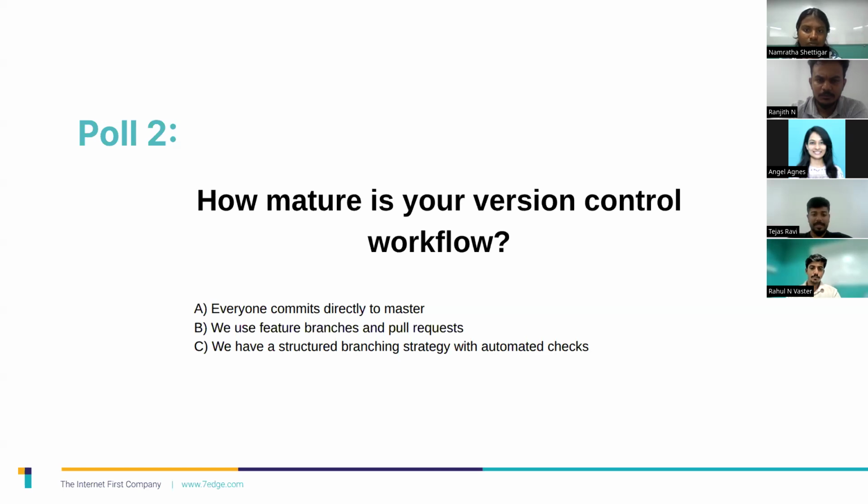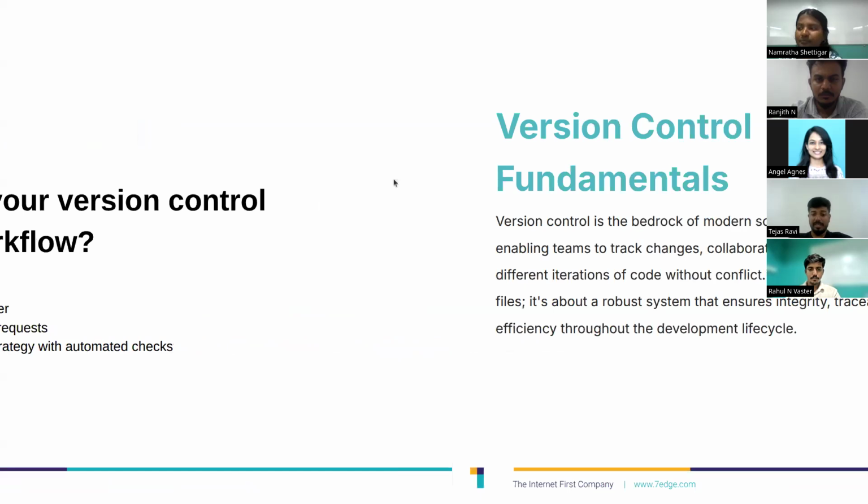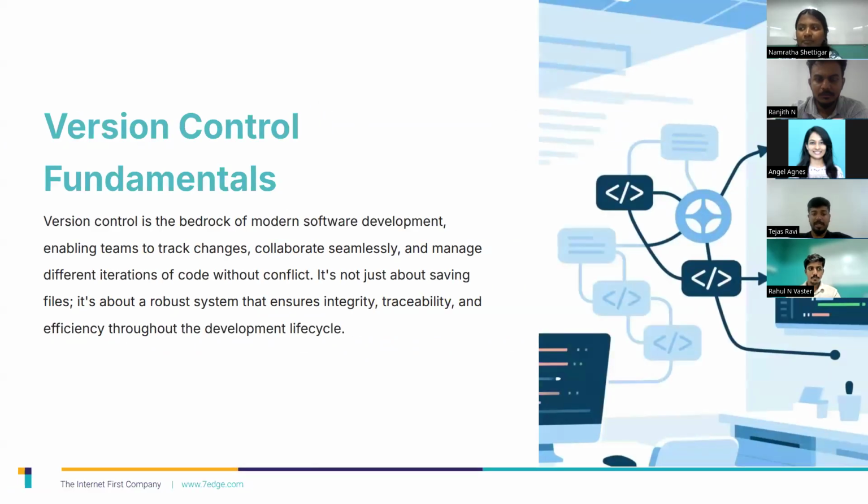Many of them have chosen feature branch and PRs. That's great progress, which all of them are working on right now. So Namrata, people still ask why merge conflicts happen, and beyond that, how does Git fit into DevOps culture beyond just Git merge? Can you please explain this, Namrata?